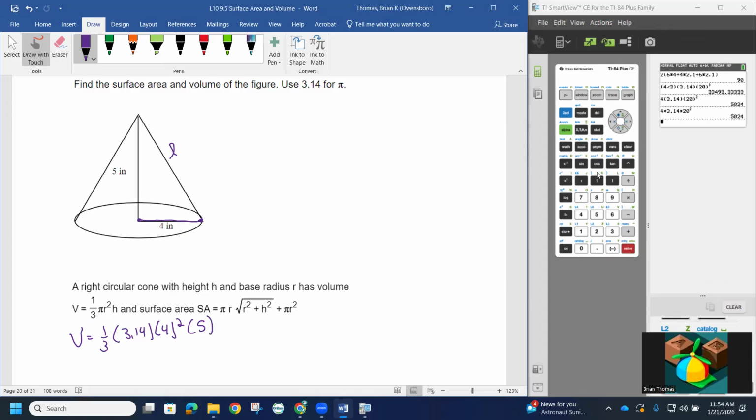So when I put this in my calculator, I can put in parentheses the 1 divided by 3, close parentheses. And it's a good idea to do that with fractions, is put them in parentheses. The rest of it, you really don't need the parentheses. You can just simply say times then 3.14 times then 4 squared times then 5. And if I hit enter, again, we have to round to the nearest hundredth, so it's 2 decimal places. So I have